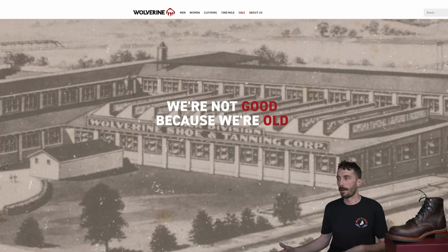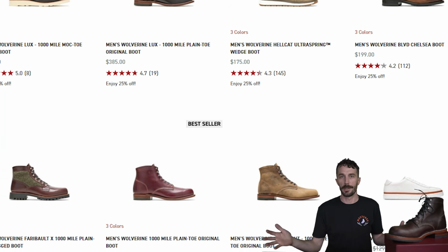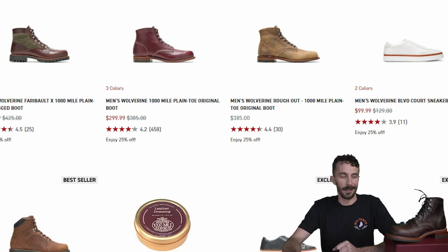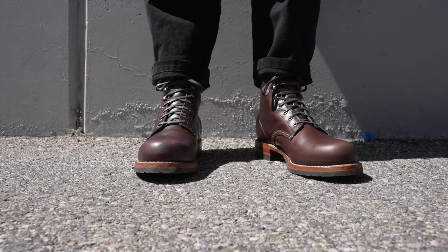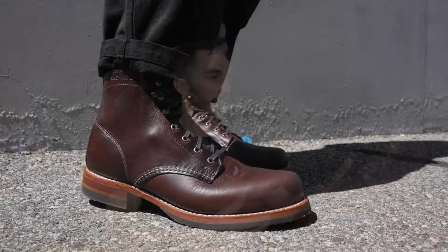So it started out with its humble beginnings in the late 1800s, now up to this giant corporate conglomerate, purchasing brands, purchasing the rights to certain names, making all sorts of different quality footwear. And sometimes that's not always the best thing. So we'll see when we get this cut in half to see if they followed the path of a lot of corporations where they just use their name to sell a subpar product, or do they maintain the heritage and that 1,000 Mile